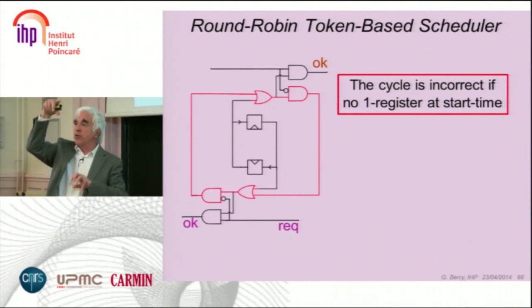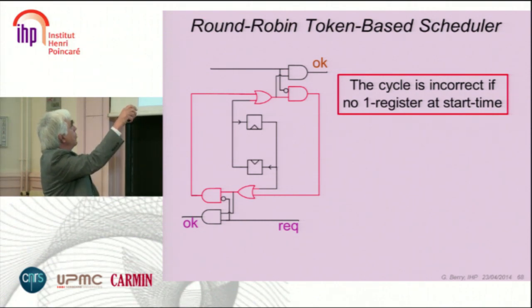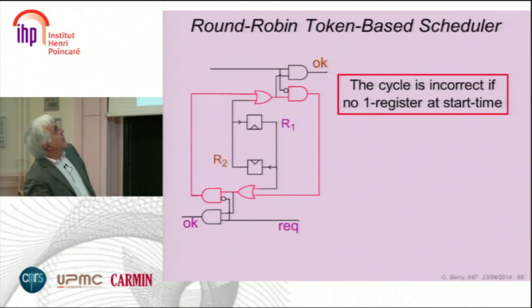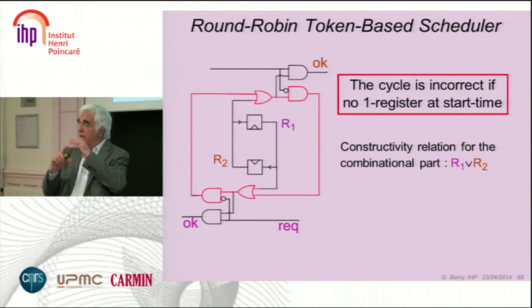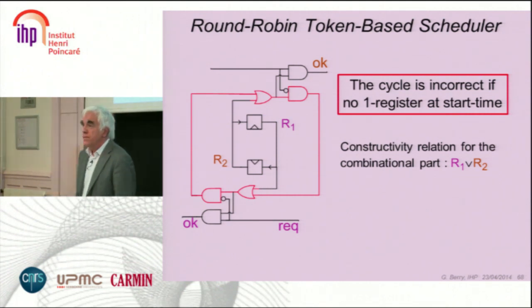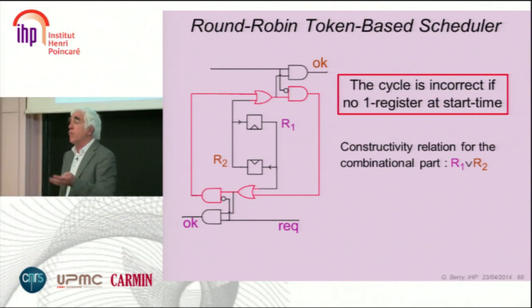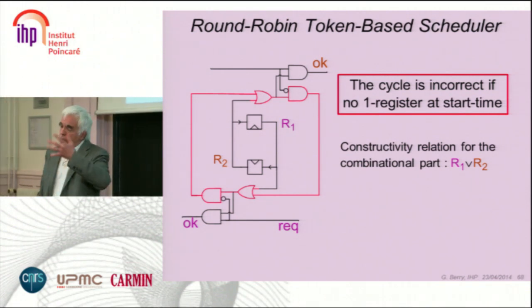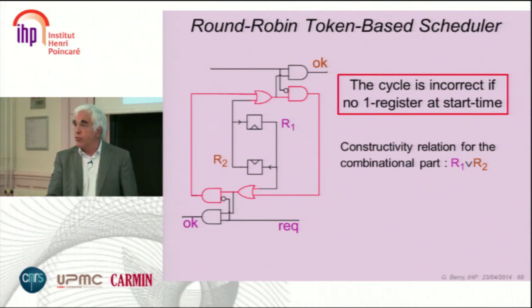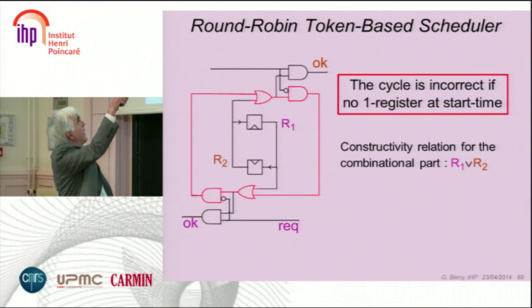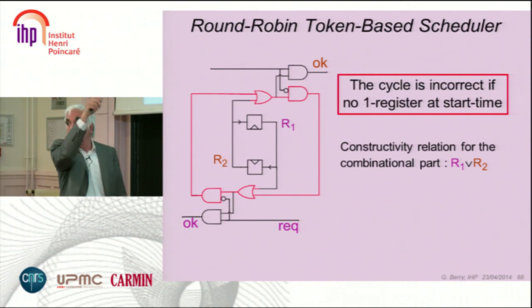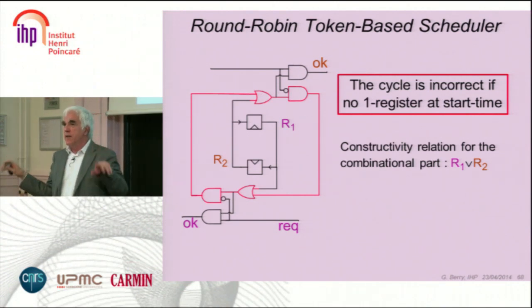Now if you remove the registers, call this an output and this an input, and you run the symbolic algorithm, what it will return you is that the condition for this cyclic circuit to behave well is exactly R1 or R2. This is the result of the algorithm. It tells you the most general predicate that will make this circuit okay. It's R1 or R2, and I told you that's fine, because the circuit will always satisfy R1 or R2, because if there is a token in the beginning, it will keep circling. But that's hand waving. You have to prove it.